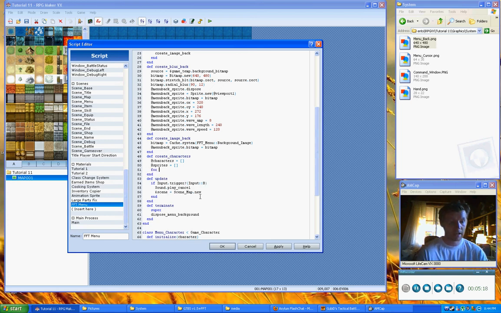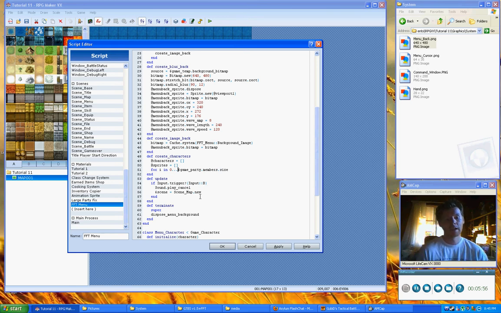So now we need to say for, and we'll just say for character, you know what, let's do for i in game party dot members dot size, and that needs to be 0 dot dot dot. Now the dot dot dot means from here to the end, but not including the end. If you only do 2 dots, then it says from here to the end and everything in between. So the dot dot dot just says exclude the last one, and the dot dot says include everything including the